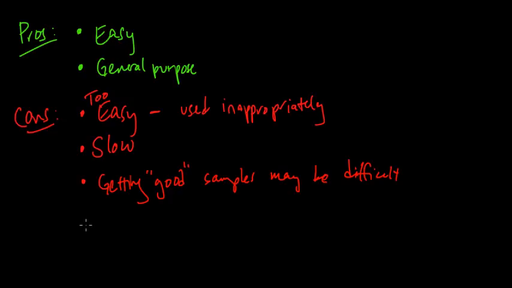And one more con I would like to mention is that it can be difficult to assess the performance of your method. So this is one reason that leads to why it's often used inappropriately. Difficult to assess whether your sampling method is actually giving you a good approximation or not. Whenever you're making an approximation, you would like to know whether it's a good approximation. And one problem which can come up especially with, for example, Markov chain Monte Carlo methods, is that it can be very difficult to know whether you're actually getting a good approximation or not.